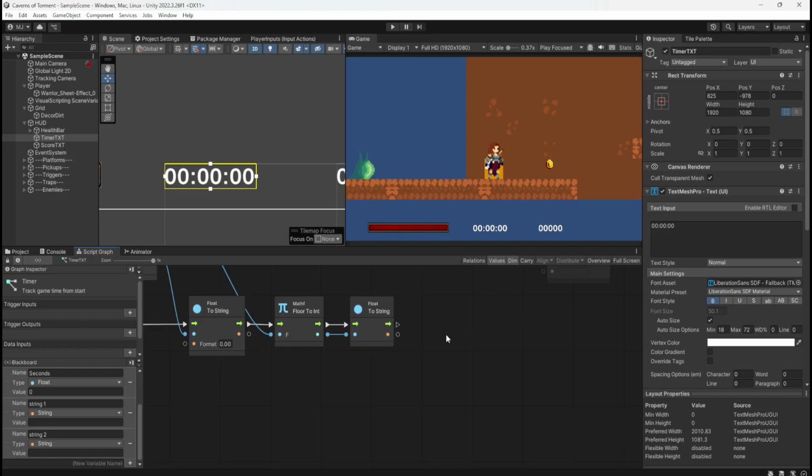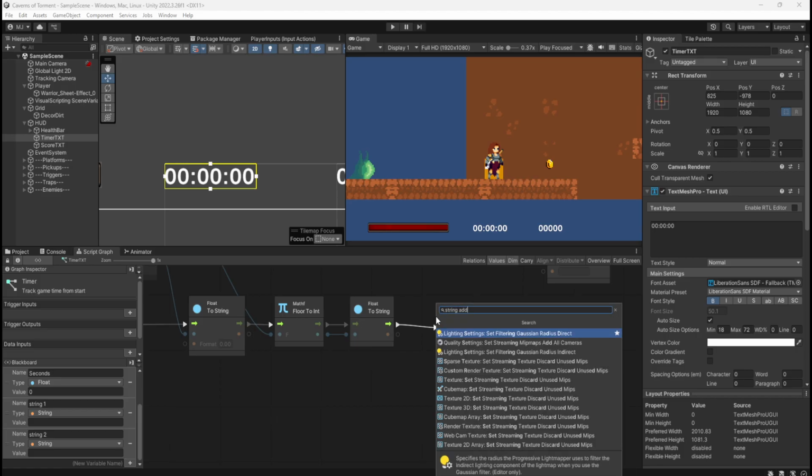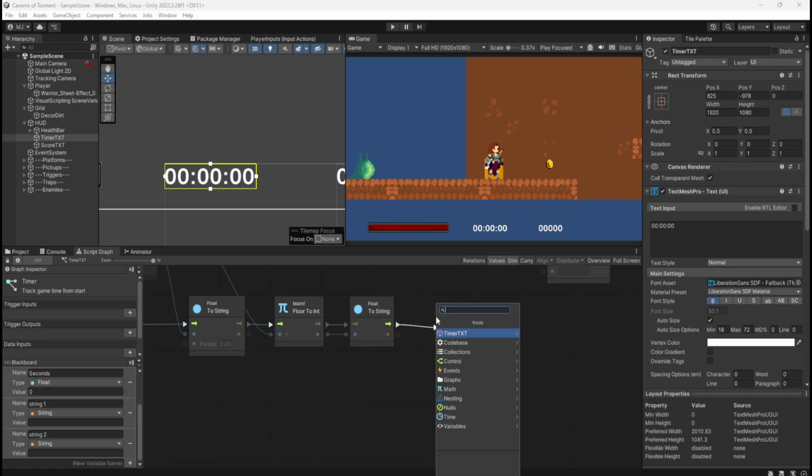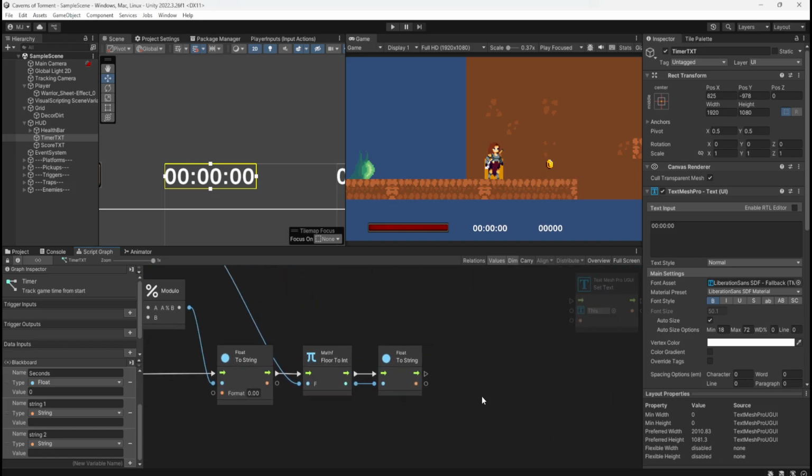Yeah, I've not heard of that phrase before. Concatenate. I came across that the other day. String add. So do you want me to get up a concatenate node?